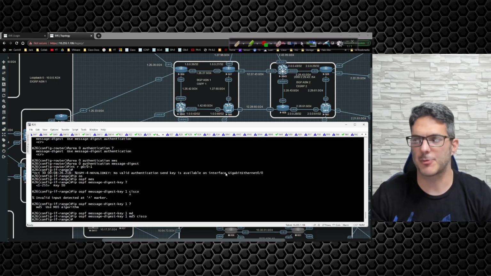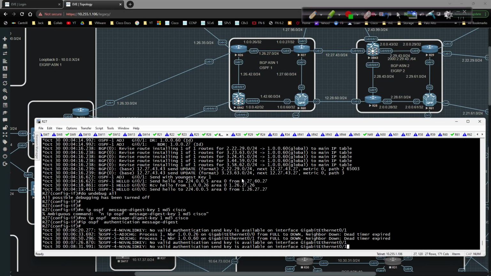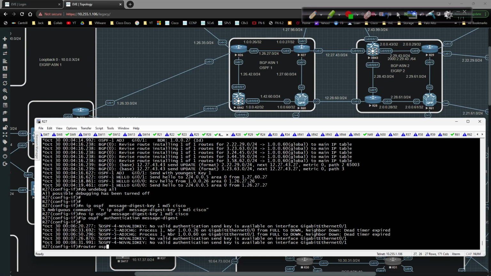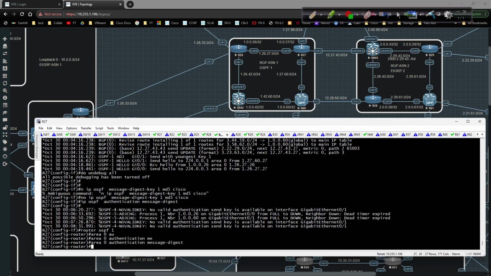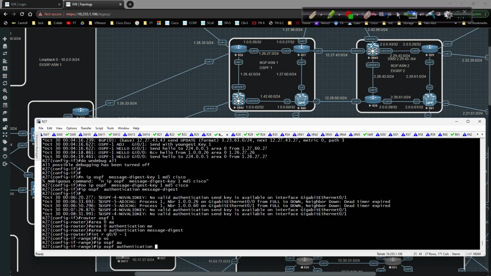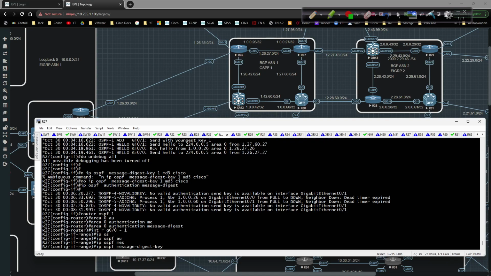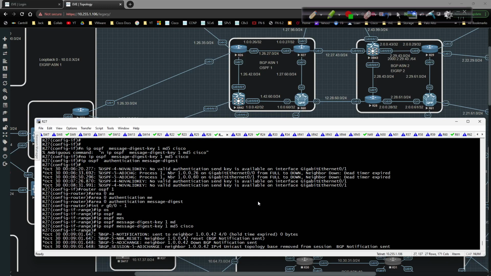Now I have to repeat this process on all the other routers, so let's go ahead and knock that out. On 27, I'm going to do the exact same thing. Type in router OSPF 1, area 0 authentication message digest, interface range gig 0/0 through 1, IP OSPF message digest key 1 MD5 is going to be Cisco. So we're going to wait just a moment for that to happen because that should allow me to form a peering with